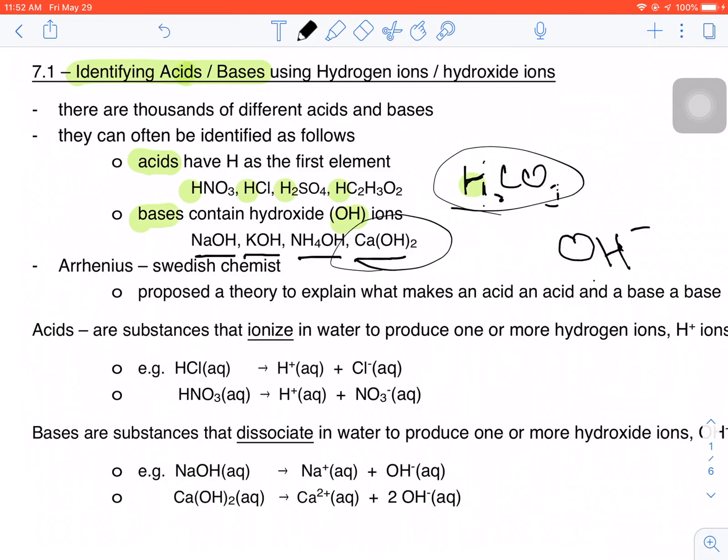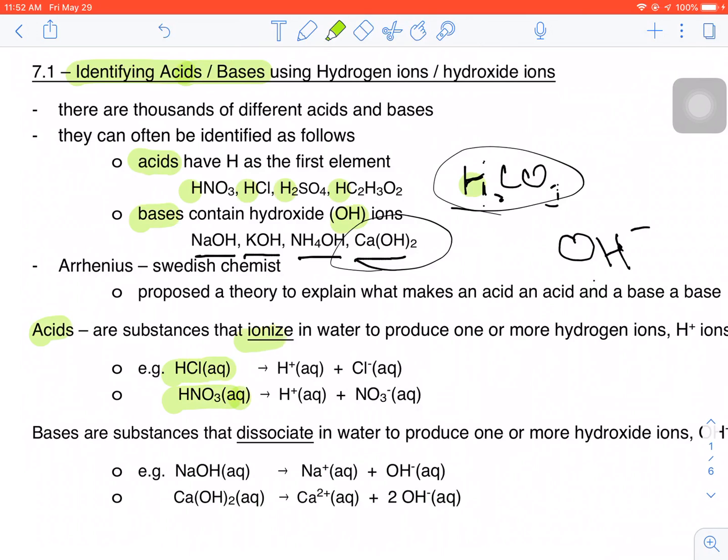A chemist named Arrhenius, going back several hundred years, proposed a theory of what makes an acid and what makes a base. And according to the Arrhenius model, which is very close to what we choose today, when I take an acid like hydrogen chloride or hydrochloric acid, or hydrogen nitrate, which is also called nitric acid, when I put them in